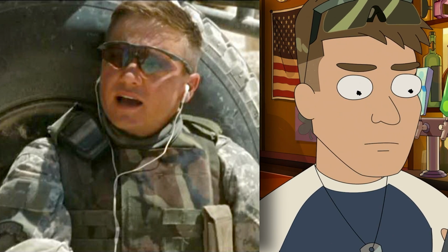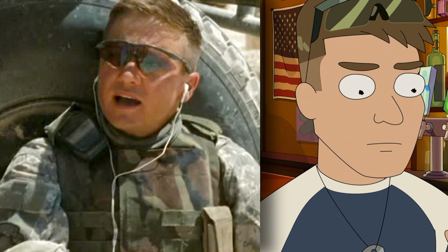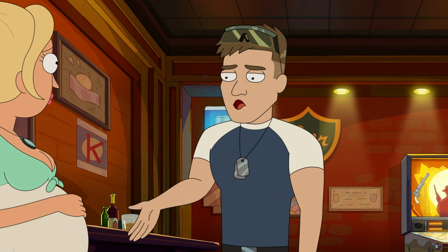Maybe a nod to Bradley Cooper as Chris Kyle in American Sniper, but a more prominent reference point, Jeremy Renner's character in The Hurt Locker. He wears similar sunglasses, similar haircut. Coop is voiced by Timothy Oliphant, and he asks his wife,